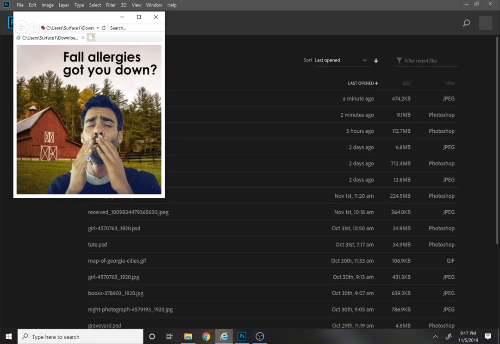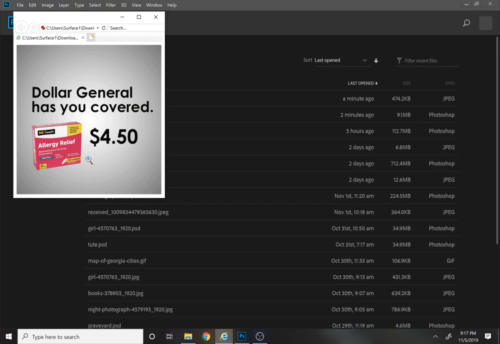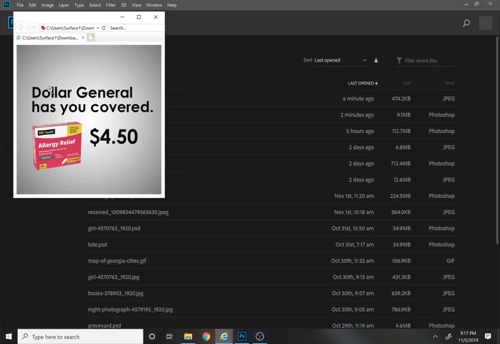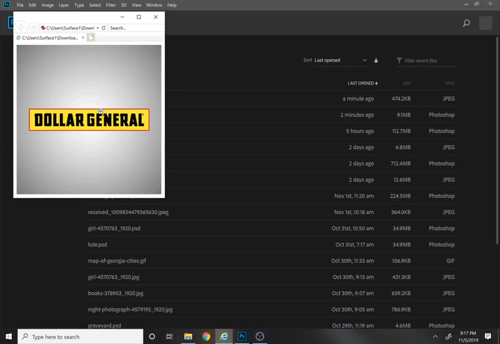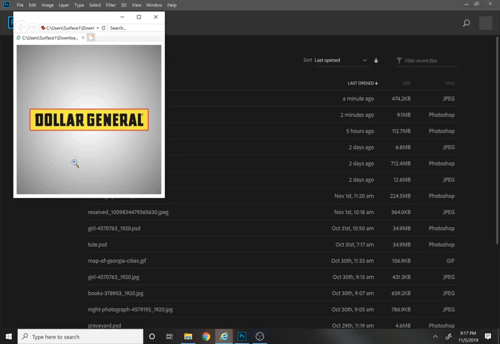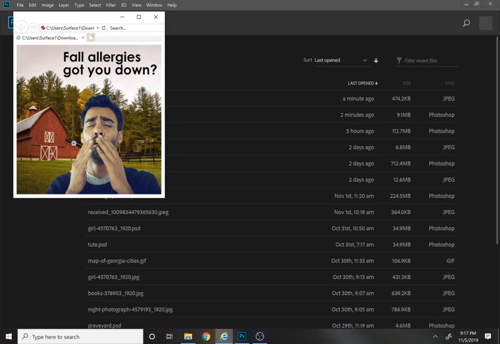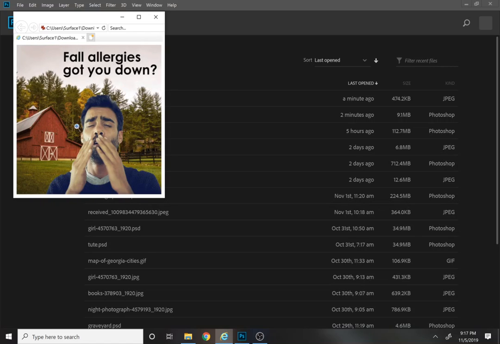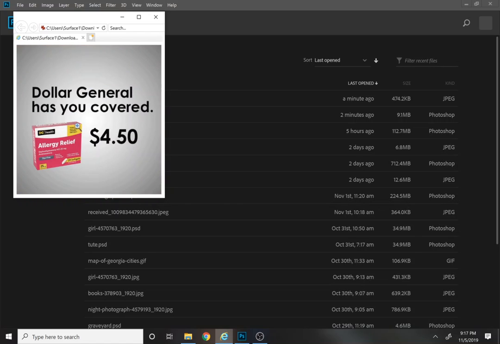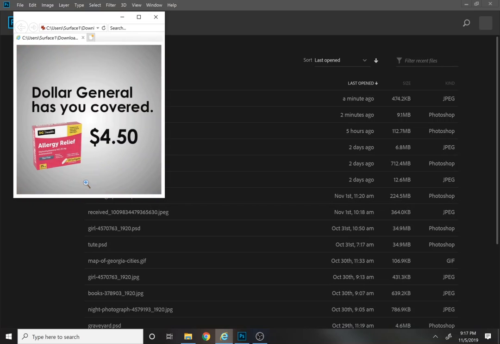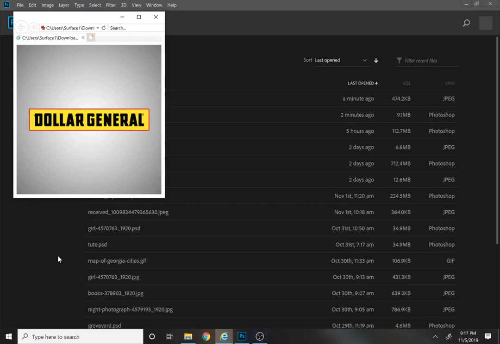But in this case, what we're going to be doing is creating a series of plates, we'll say. We've got two main scenes with this. We've got the scene with the guy in front of the barn and the text there, and then the scene with the gray gradient and the information about Dollar General. Essentially, we're going to compose these little composites, these little designs here,